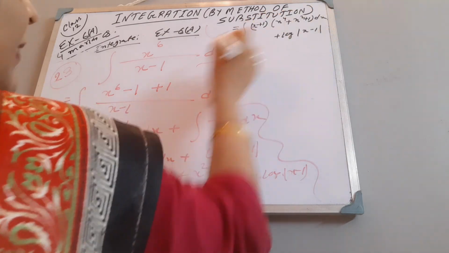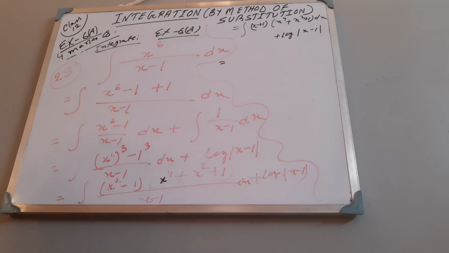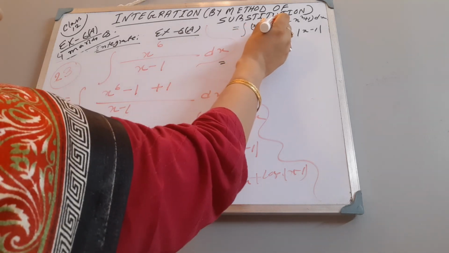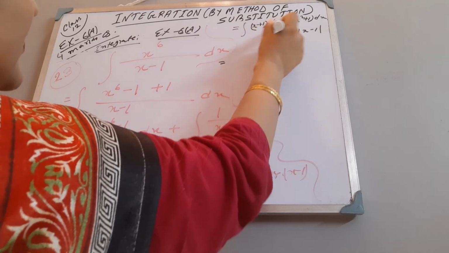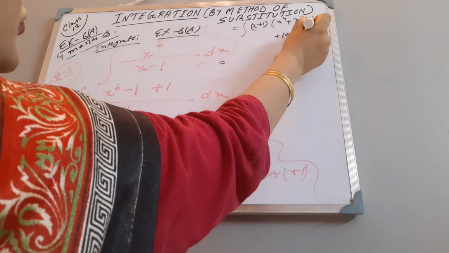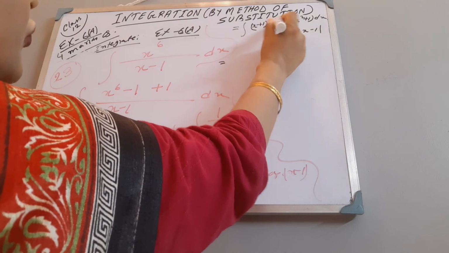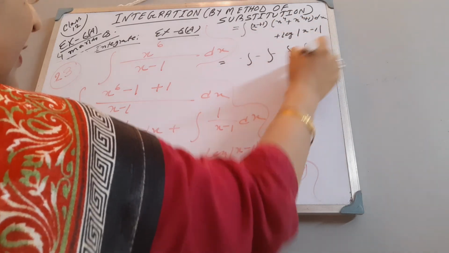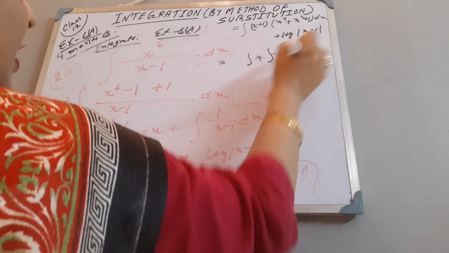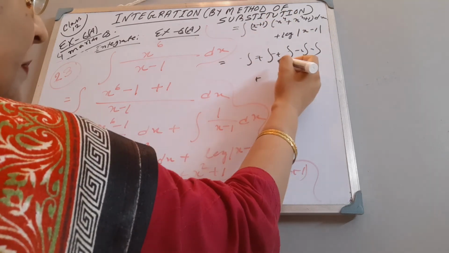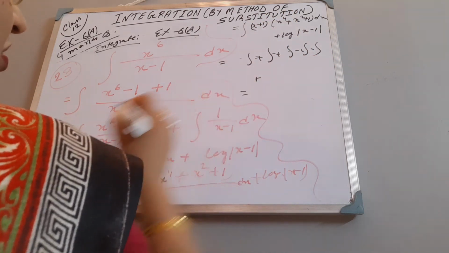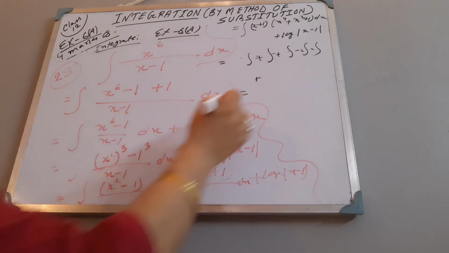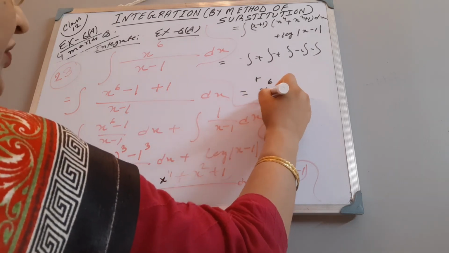Just multiply this and then expand it in the form of integration. X into x to the power 4 is x to the power 5, then x to the power 4, then x, then x to the power 4, then x square plus 1. Then just split all the integrals like this, then we will get the answer. X into x to the power 4, the first part we will get is x to the power 5, so it will obviously be x to the power 6 by 6.